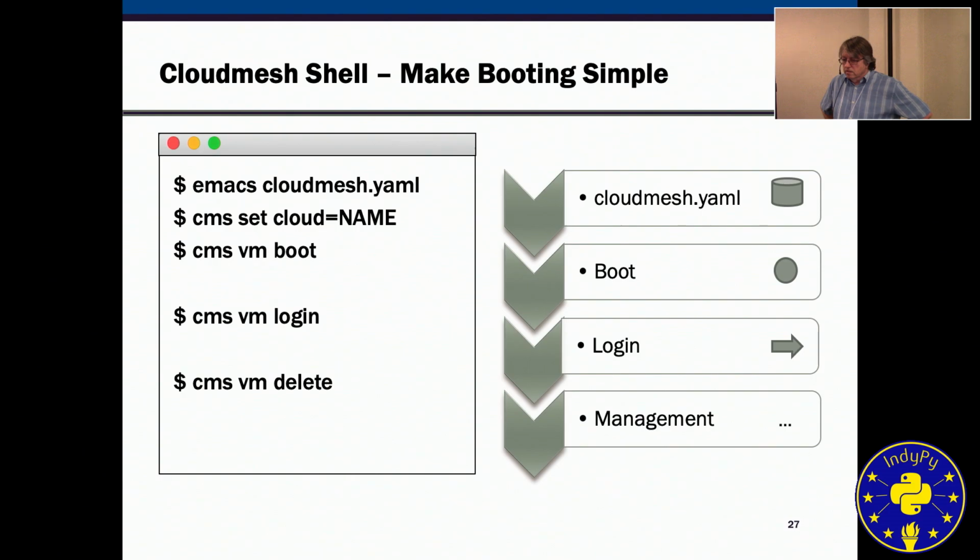Not only that, I can actually put in host names based on bracket notation. So let's assume I want to define the machines Gregor 1 to Gregor 1000. I don't have to type in 1000 things like this. I simply say this is CMS VM boot Gregor, bracket open, 1-1000. And that opens up 1,000 virtual machines.